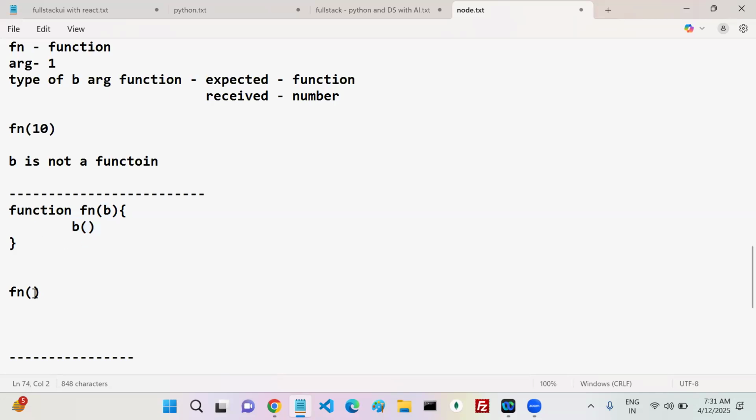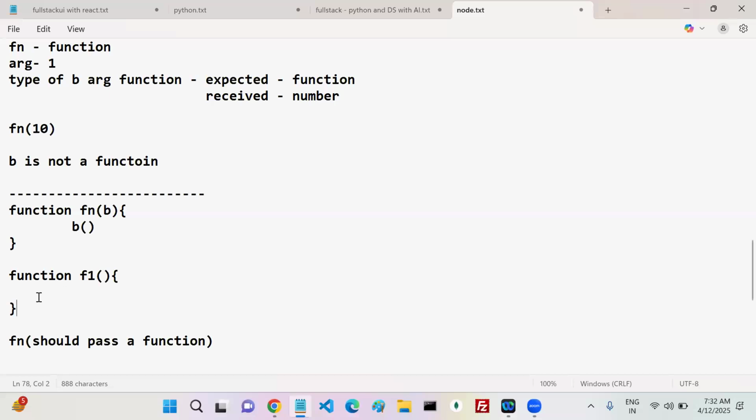To avoid this error, you should pass a function. Yes or no? You should pass a function, then only is a function expected, and a function is received. Whenever you pass a function, they receive a function. So if you want to pass a function, first of all, a function is required. So can I create a function? How can you create a function? Any number of functions you can create, it is not a matter for us. Based on your requirement, you can create any number of functions like this.